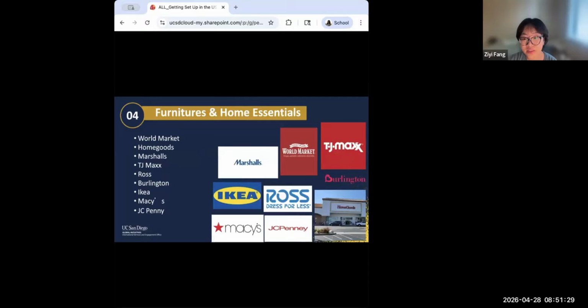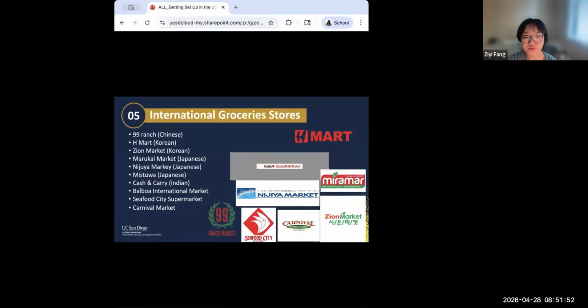And when you're setting up your living space, some popular stores for furniture and home essentials are World Market, HomeGoods, Marshalls, TJ Maxx, Ross, Burlington, IKEA, etc. Many of these are great for finding affordable options, and they are all accessible by the buses that go around campus. And San Diego also has a variety of international grocery stores, which is great if you're looking for